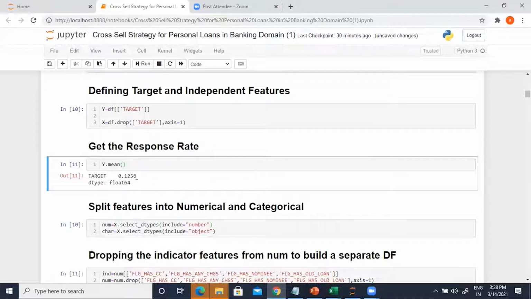But keep this number in mind, because we must find groups where, if you go after the 20,000 people just the way you did last time around, then you will again be getting a 12.56% success rate. Now what you want to do is you want your model to identify people for you, identify groups for you, so that within those groups, the chance of success or the event rate is actually much, much higher. Are all of you able to follow me?